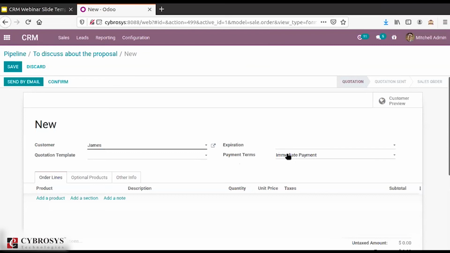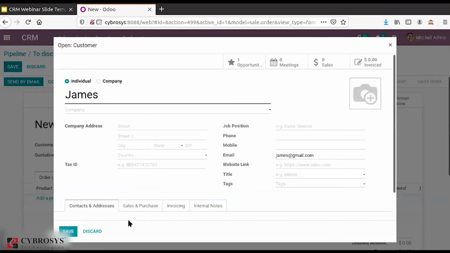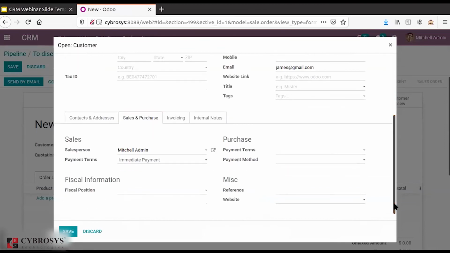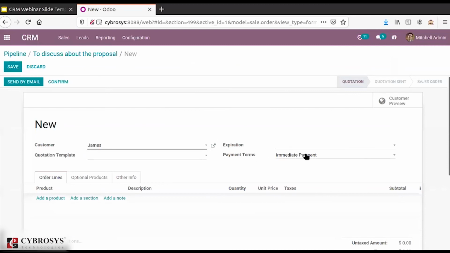This is what I was saying, that while creating your contact, if you are providing certain details in the contact form itself, these details would be automatically pre-filled if you select that particular person's name over here. Then you also see the payment terms options.